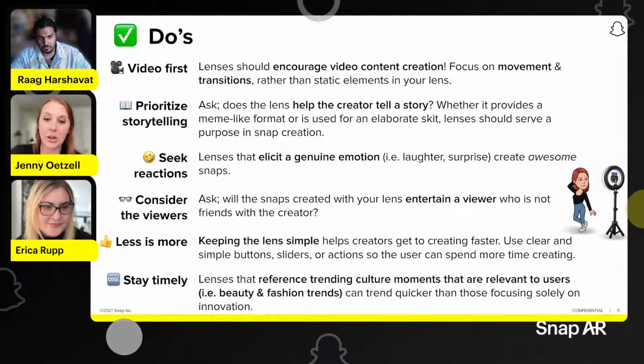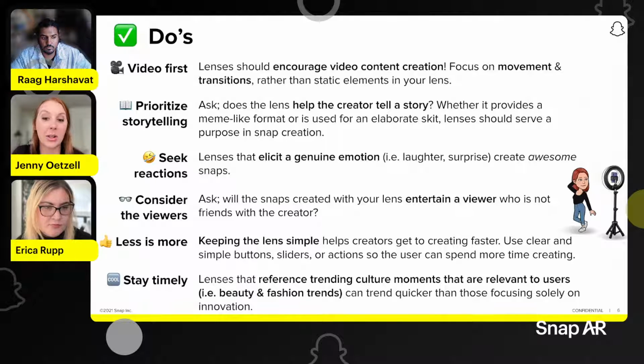While you're building your lenses, keeping the UI as simple and understandable as possible is a great thing to do, so that creators who are making a snap can access the tools in the lens as quickly as possible.